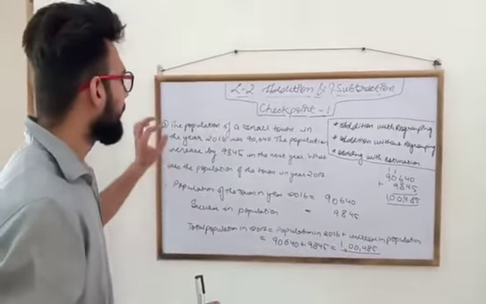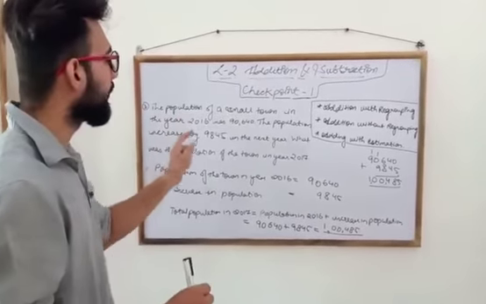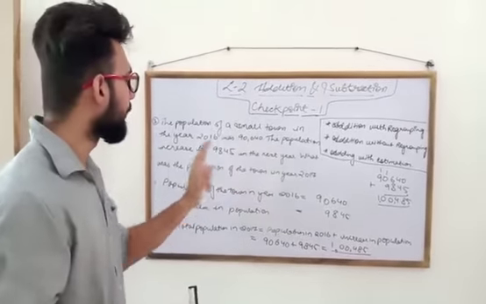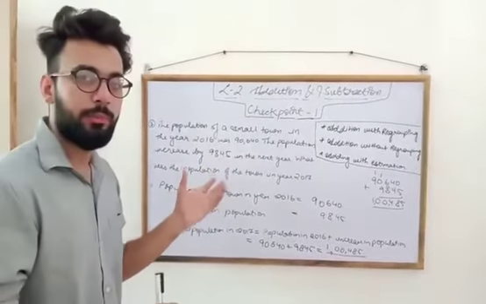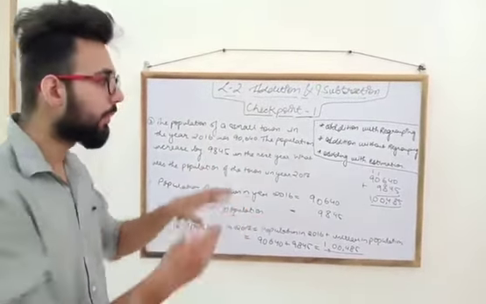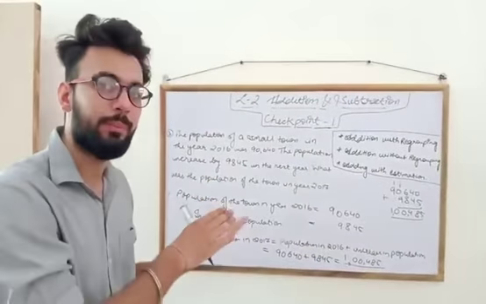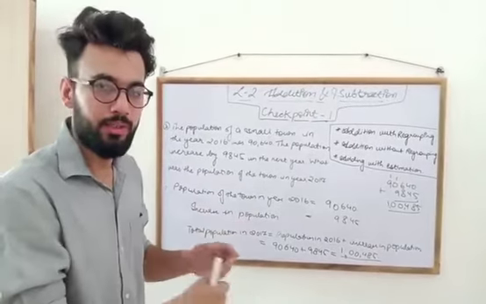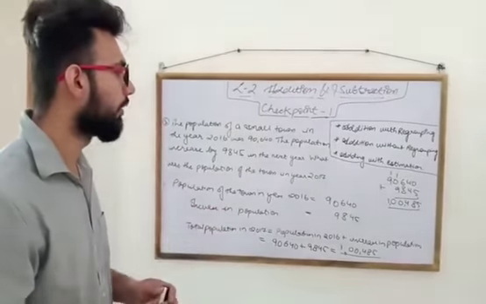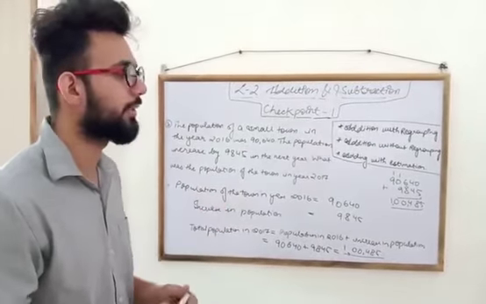So students, I would again tell you, why did we do addition in this sum? Because it was given the population of a small town in year 2016 was 90,000 and the population increased by 9,845. So the population actually increased. If the population would have decreased, we would have done subtraction. As it is written, the population increased, so we did addition. So in this manner, we solved the sums based on word problems based on addition.